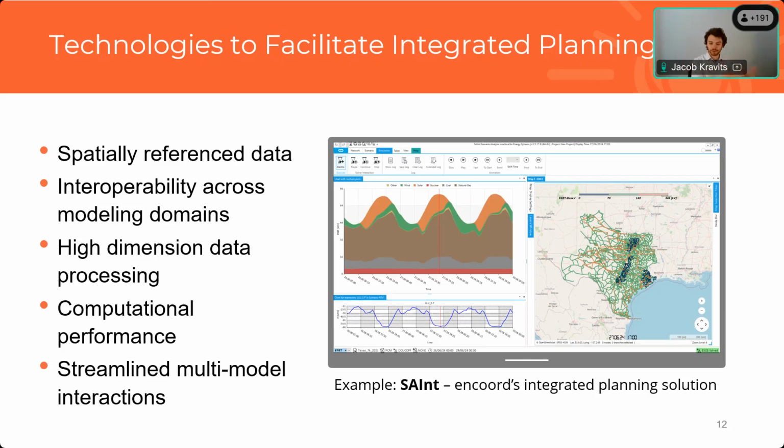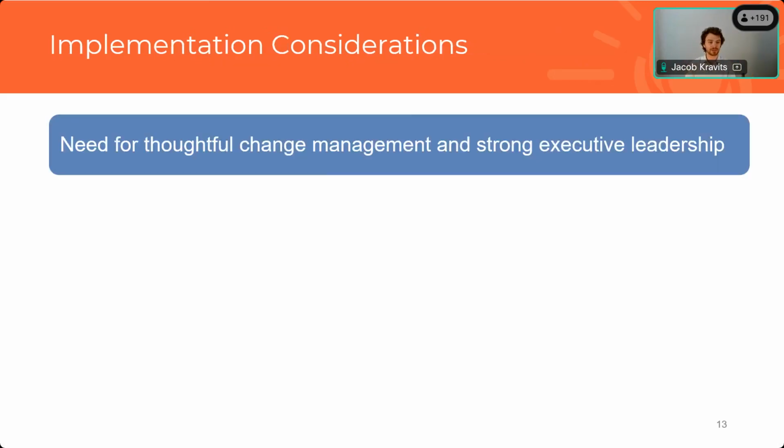So in order for planners to understand their planning context, right? We talked about that in the early chapter. In order to run integrated planning workflows, we talked about that in the following chapter. And in order to run integrated planning software, what I just talked about on this slide, the organizations must be prepared. And that's what the final chapter talks about. What does integrated planning look like when it's implemented? And so, in our interviews, that really comes down to thoughtful change management. That was a really common topic when we did our literature review and our interviews.